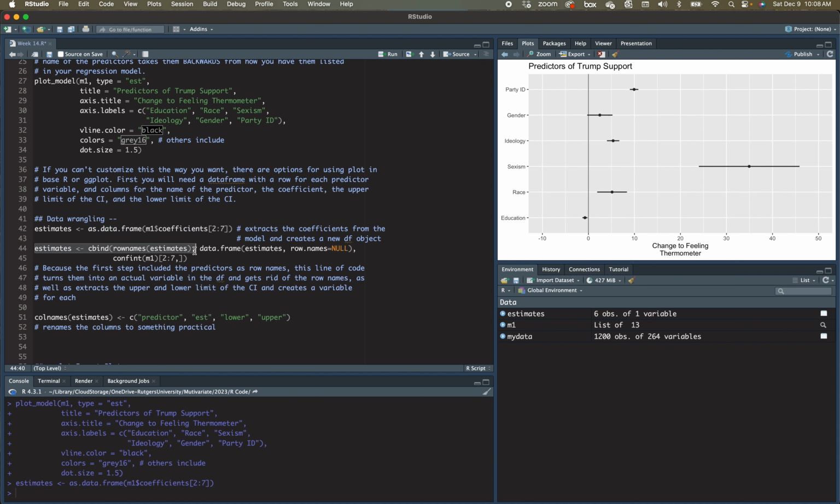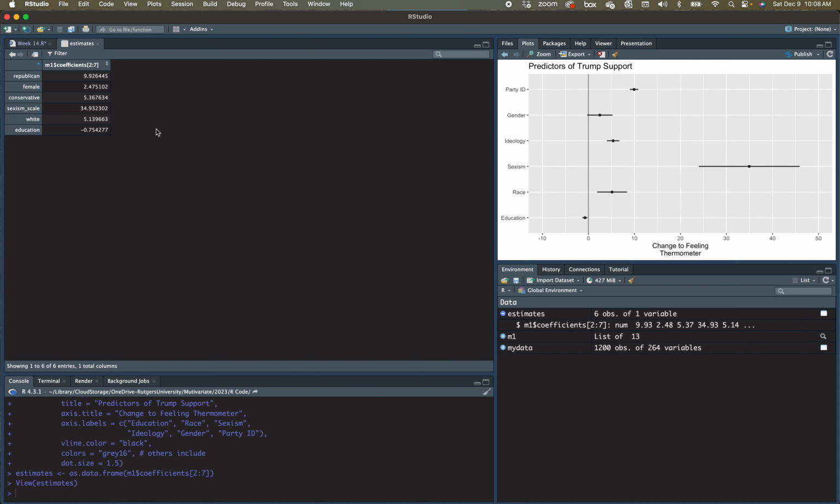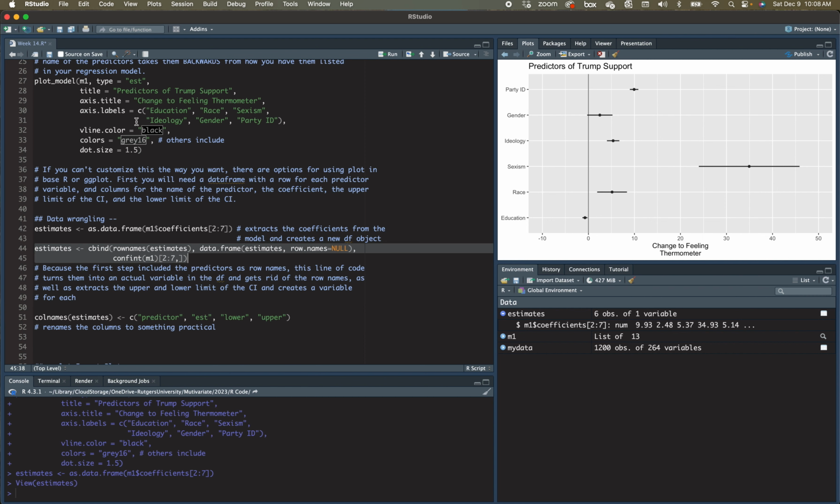This turns them into actual variables in the data frame and gets rid of the row names as well. See, if you look at this, it has these row names, and that's not useful when you're doing this process. So this gets rid of those,